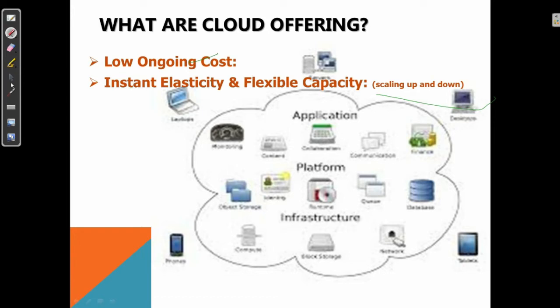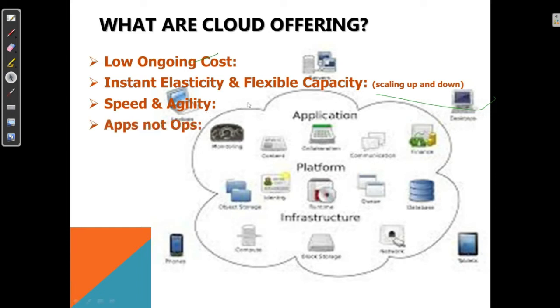The next is speed and agility. Speed and agility basically allow the customer to develop and deploy applications faster. Instead of waiting weeks or months for the hardware to arrive at the company location and to install everything to get started with the business, you can directly go to the cloud and configure your hardware as per your requirement, in a much faster way.